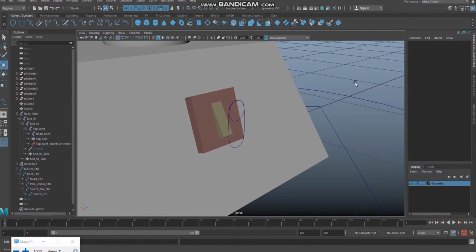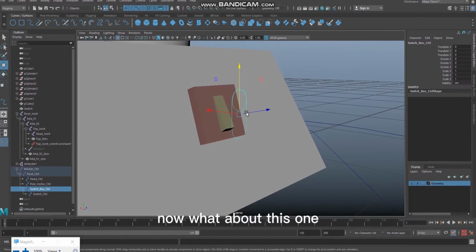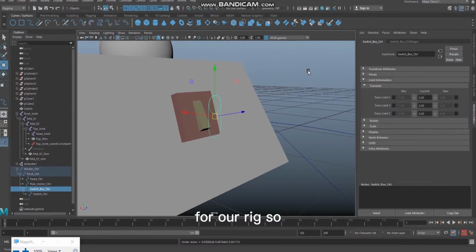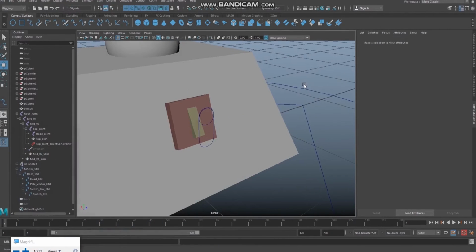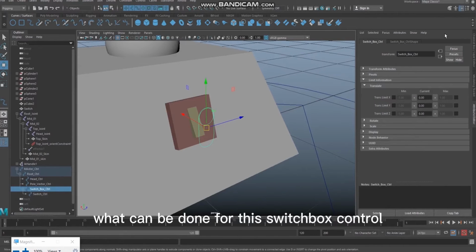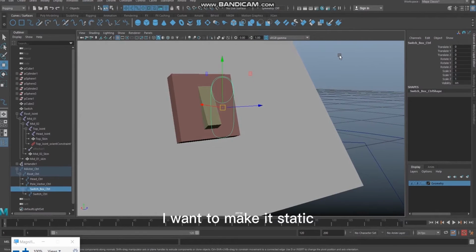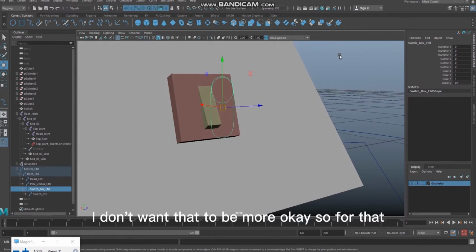Okay, so now what about this one, the switch box control? This can move anywhere, right? And that is also not good for our rig. So what can be done for this switch box control? I want to make it static. I don't want that to be moved. Okay, so for that,